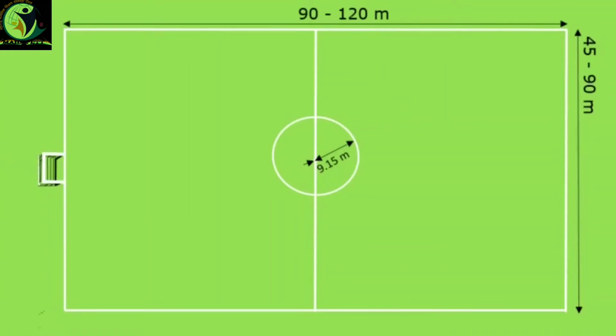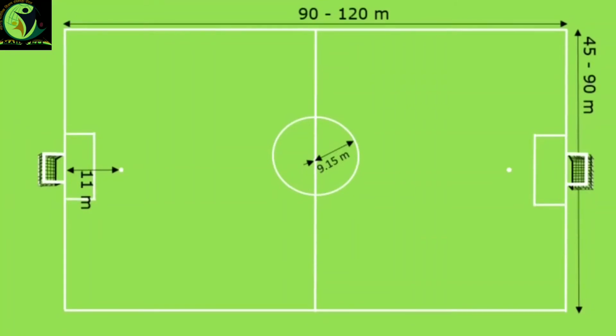Then as you can see, there are goal posts placed at the middle of each goal line where all the scoring is being done. Then there is a penalty mark in front of the goal post at around 11 meters from the midpoint of the goal post. The next part you see is two small boxes in front of your post.